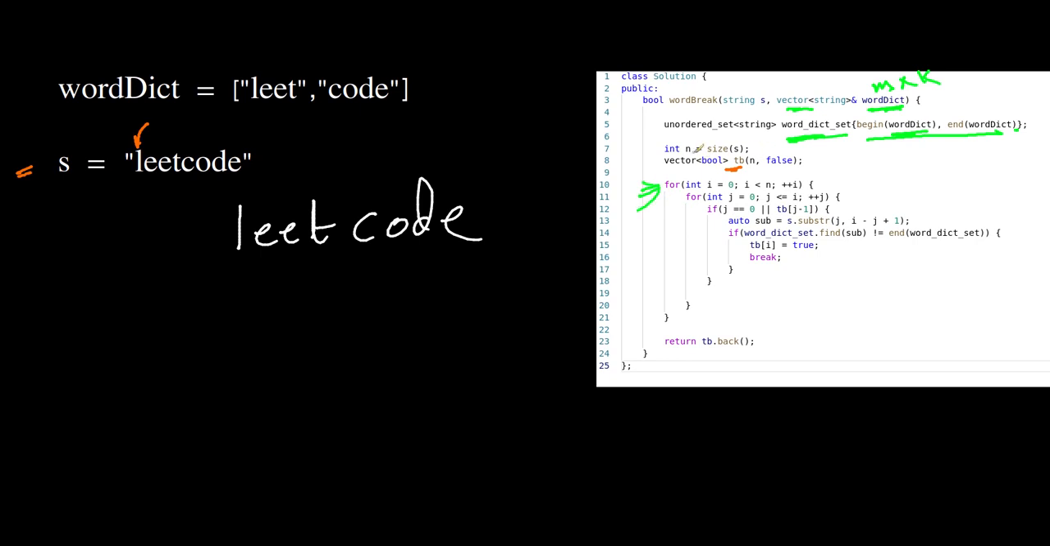Assume the length of the string s is n. So here we have n, and here we have another n, and the substring also is n. So we have n square multiplied by